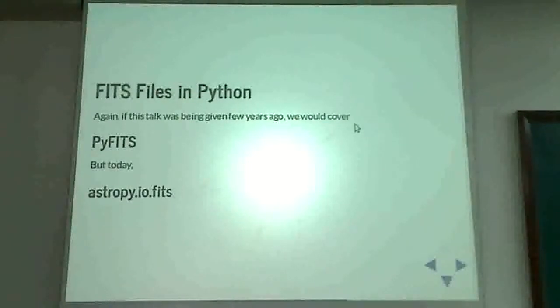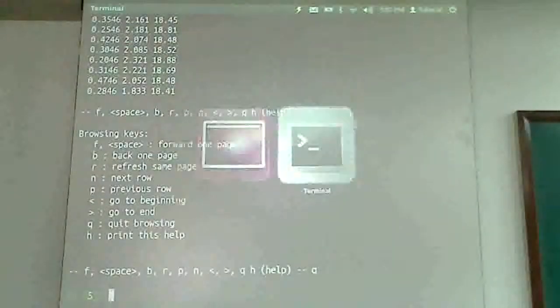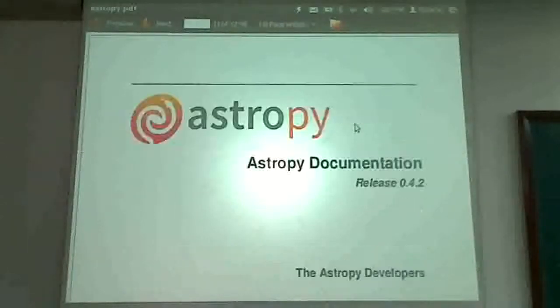Okay, so just in case you feel that there is far too much material being covered at too fast a pace, I have to show you something here. I want to show you the AstroPy user's manual. This is not a developer's manual, it's a user's manual. It is not meant for people who want to write extra code in AstroPy, but actually just use it. This is the number I want you to pay attention to.